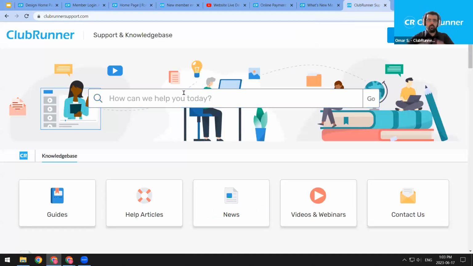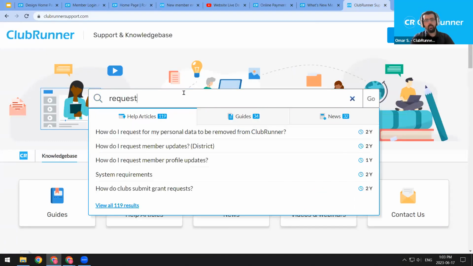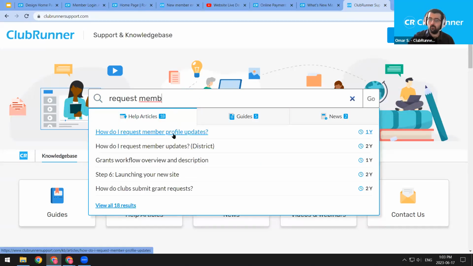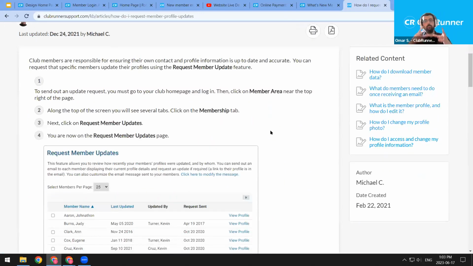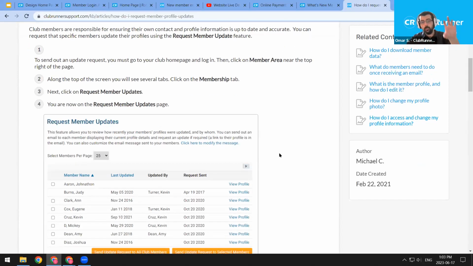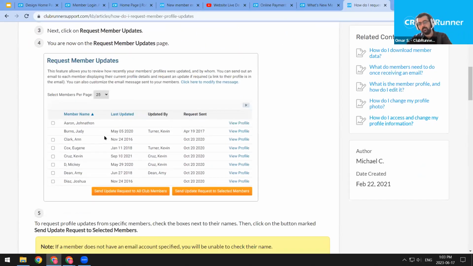To show you how you can do that, I'm going to pull up clubrunnersupport.com. I'm going to type in request. There it is. How do I request member profile updates? I'm going to click that article. And this article will walk you through clicking membership. And then there's an item just below request member updates. It'll pull up this list page where you can check the members you'd like to receive the email notice to update their profile, and then click the orange send update request to all members or selected members. And then they'll receive an email saying, please log into our website. This is the article link to update your profile